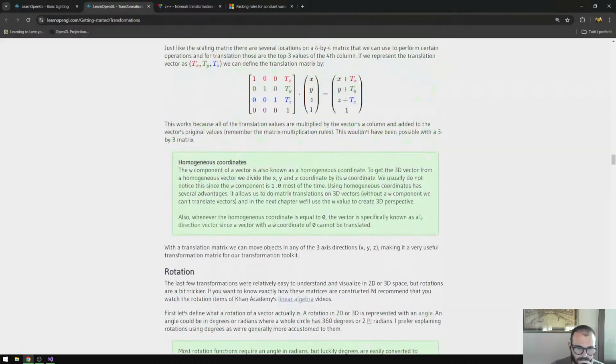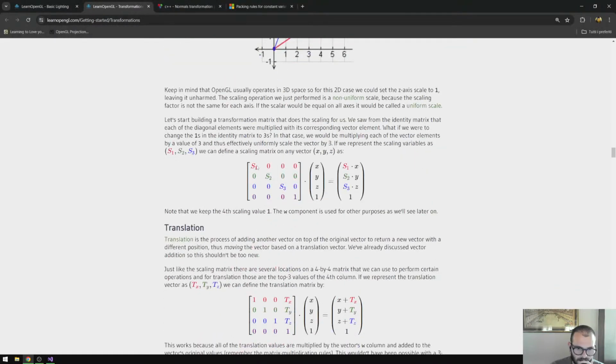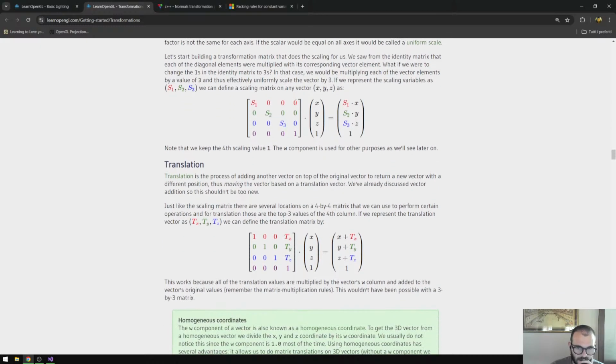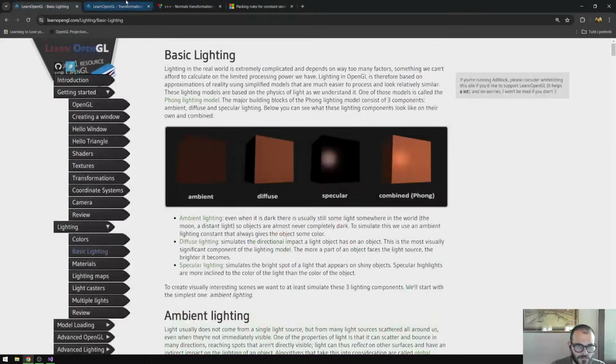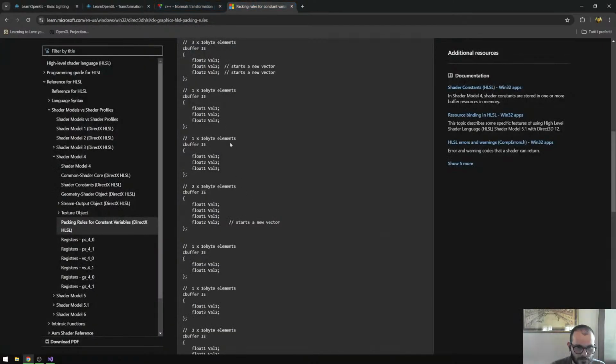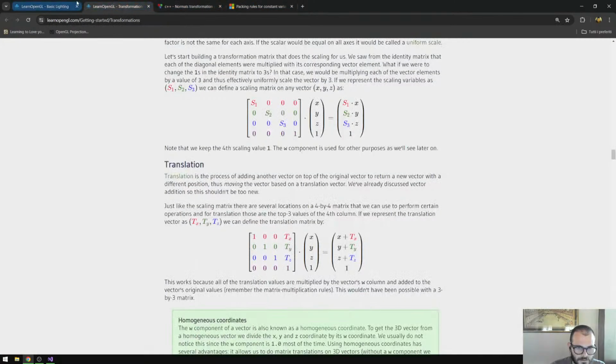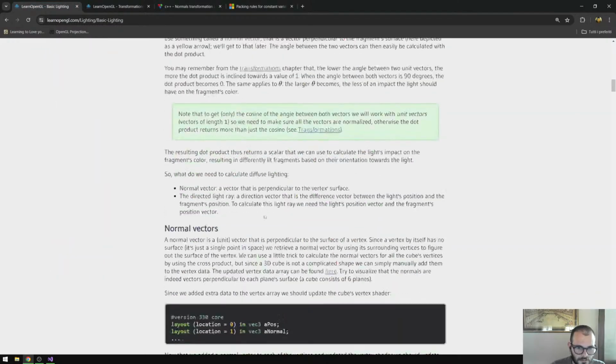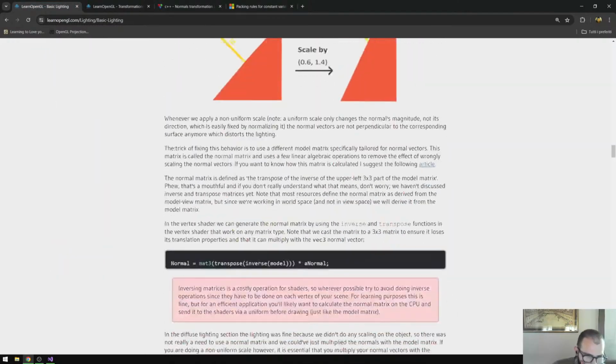The scale is something like this. So basically taking the upper left part, taking